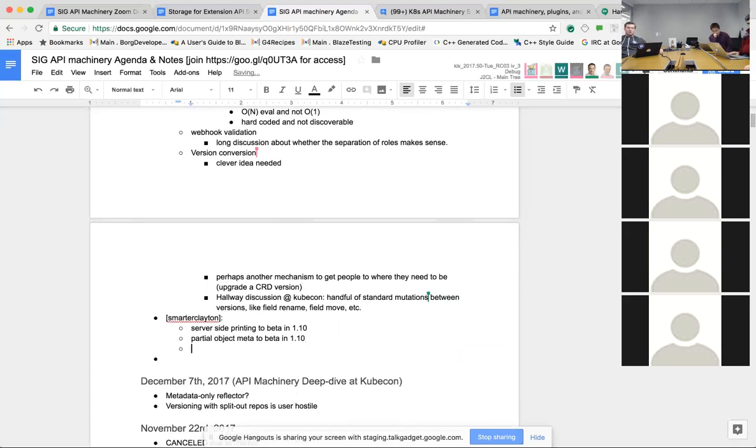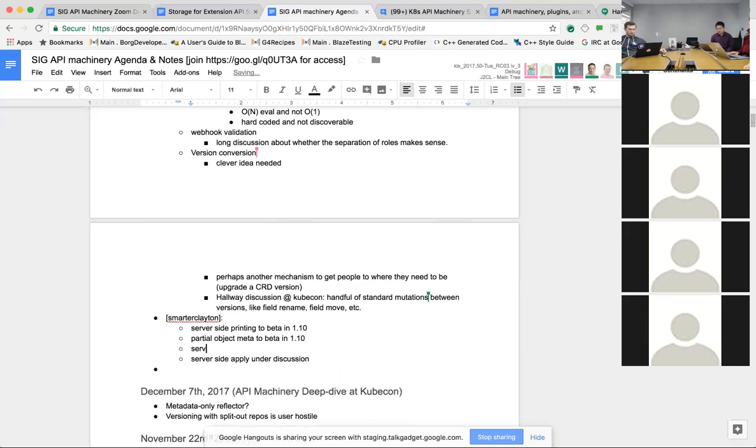I'll bring this up at the next SIG CLI meeting and make sure they're at least represented. But those are two server-side things that we've said we would like to move to the server that I haven't seen traction on in the last release or two.